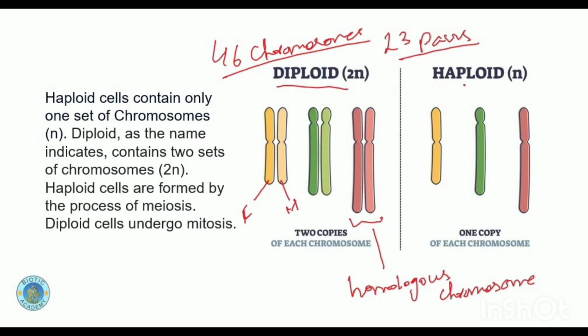But in case of haploid cells, meaning gamete cells, which are the reproductive cells of the body, we have single chromosomes. You can see over here single chromosomes in the haploid cells. When these haploid cells fuse with other haploid cells, they become diploid again. This situation is called fertilization, where haploid gametes fuse with other haploid gametes to bring about the zygote. The process of this fusion is called fertilization.